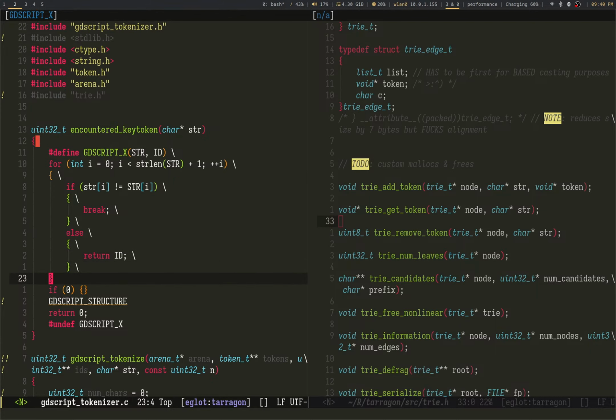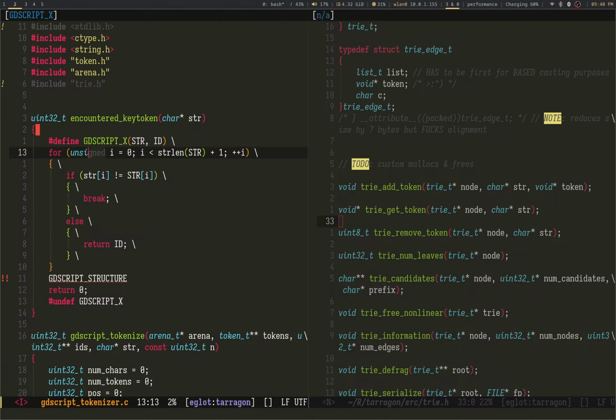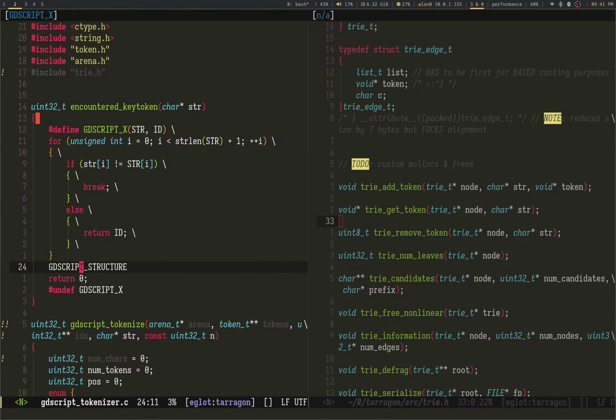Alright, great. This works. This is a little better than a giant else if, I guess. So what's nice about this is it quits quickly. Just give up fast, basically. As you can see, break quick, return 0.